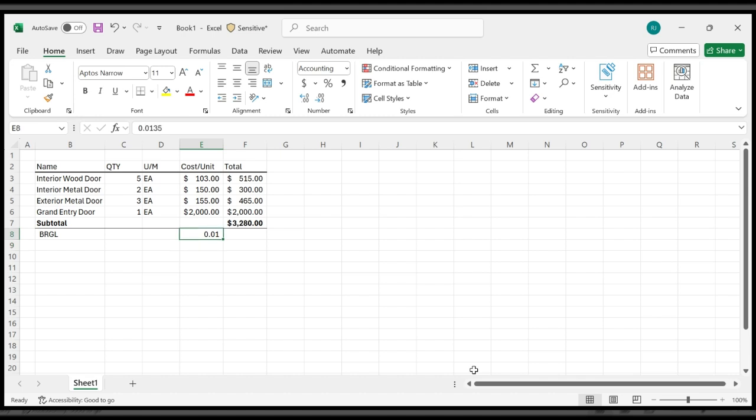So let's go ahead and highlight this cell E8. Let's press Shift and down key, down to E11, and let's go to the number tab and select the accounting function. Oh, sorry, the percentage function. Excuse me. And then let's increase our decimal by 2 points so that we know exactly what our percentage is for our builder's risk and general liability